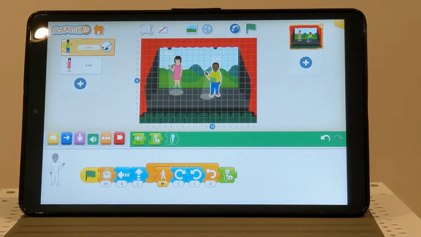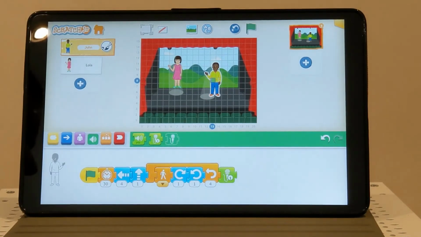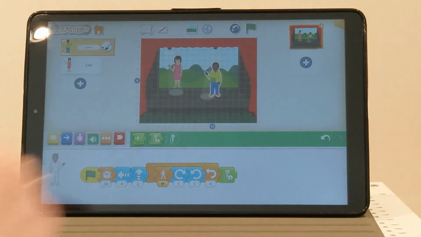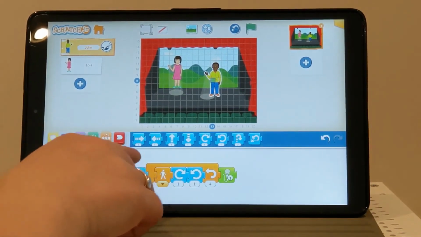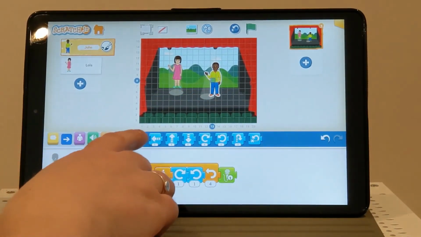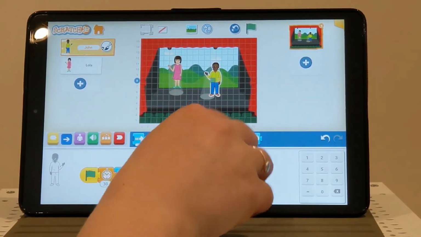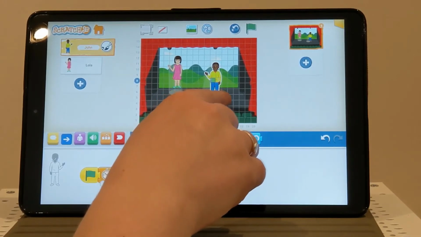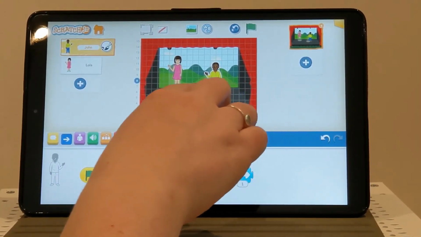Okay, so now we have Lola dancing to the music that's in John's sequence. So it means that there's music playing in the background while they're dancing. So we then want them to disappear off stage once they've finished their dance. So we're going to change their movement back to the sides of the stage so that they go off once they've finished their dance. So maybe John's is probably about 1, 2, 3, 4, 5, 6 grid blocks to the